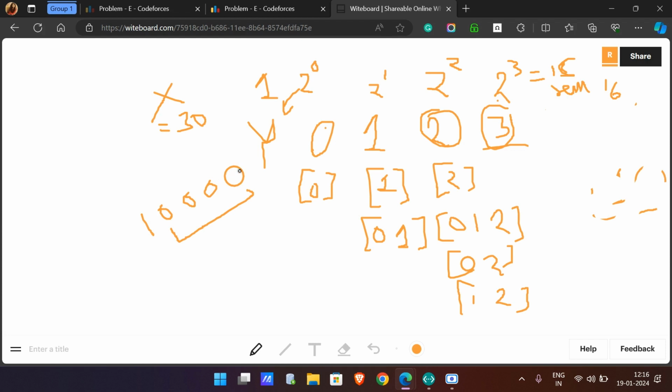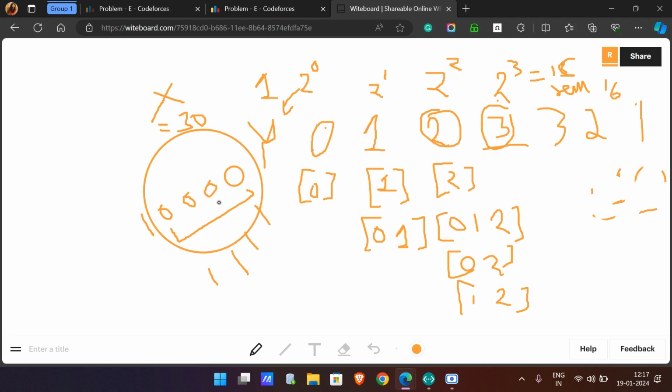4-bit positions, and that thing I can create with 2 to the power of 0. That is from having a set bit over here, having a set bit over here, that is 2 to the power 2, 2 to the power 3. I can have 2 to the power 3 by putting 3. I can have 2 to the power 2 by putting 2. I can have 2 to the power 1 by putting 1. Using those set bits,